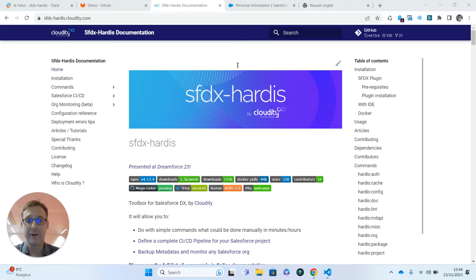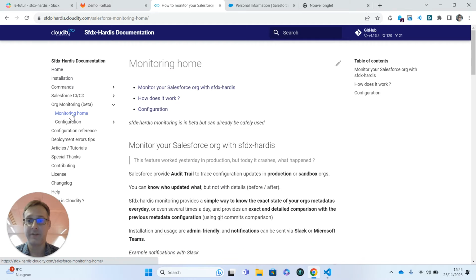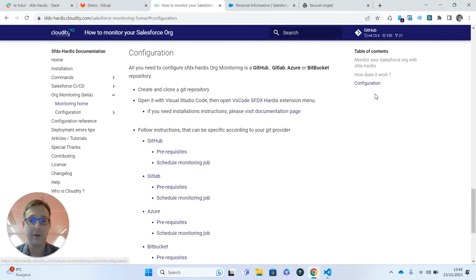Hello, today we will see how to configure the new feature of SFDX-Hardis, which is Salesforce Org Monitoring. This feature will allow you to basically know everything which is happening every day on your orgs, especially manual configuration. So for example, you can see when your clients or admins make configuration directly in production, whereas they are not really supposed to. So as usual, we open SFDX-Hardis documentation and we go on the monitoring section and we go to